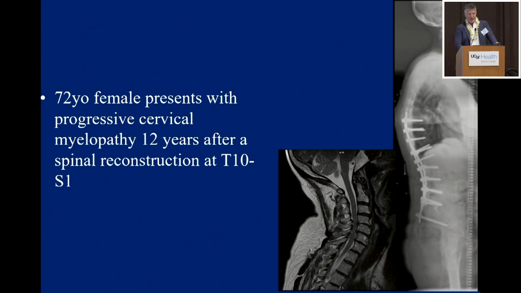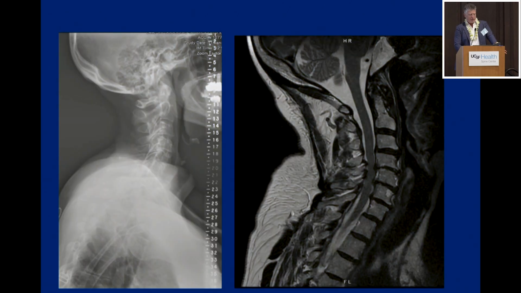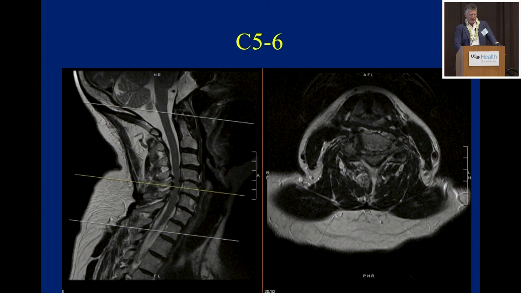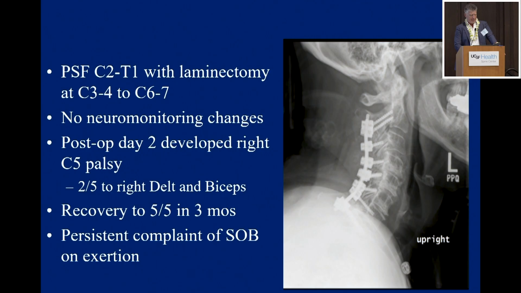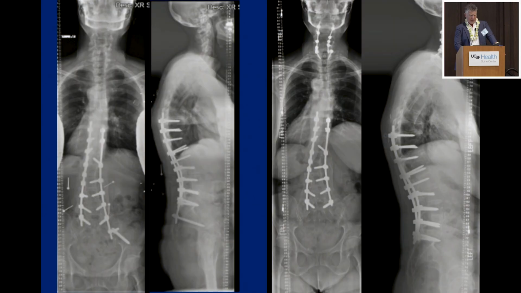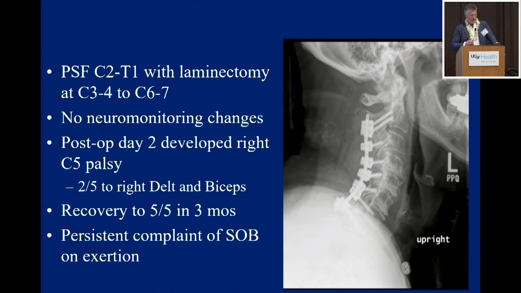One final example for the cervical spine. This is a woman 72 years old who developed symptoms of cervical myelopathy 12 years after her deformity surgery. And you see multiple levels of stenosis. And in this instance, there were no nerve monitoring changes intraoperatively, but on postoperative day 2, she developed a right-sided deltoid and biceps weakness with no nerve monitoring changes. She recovered within 3 months of the surgery, which is what we might expect from a